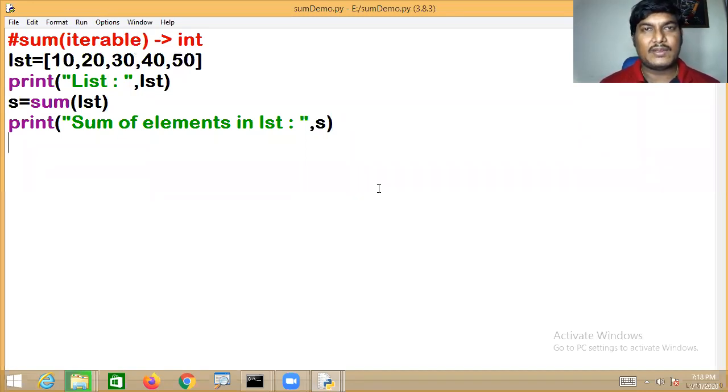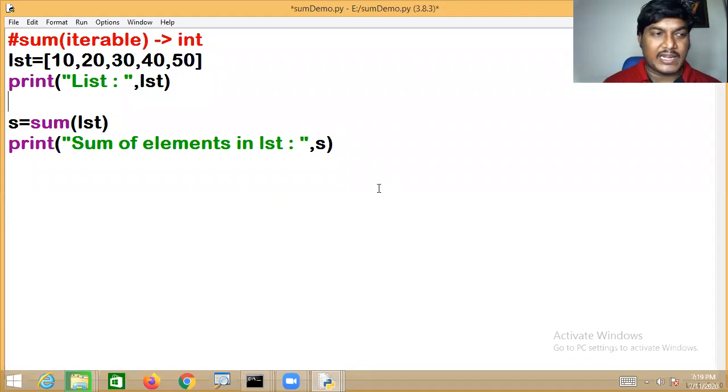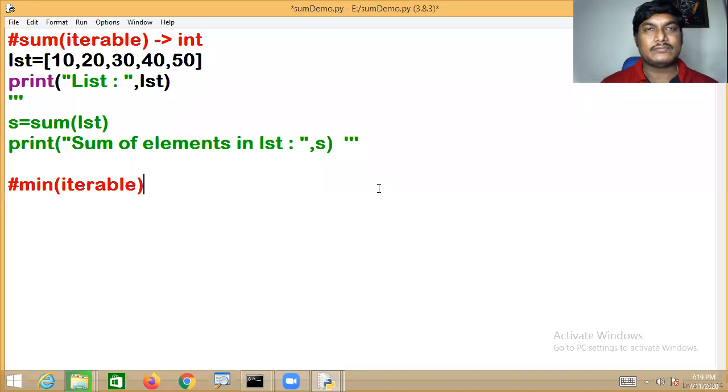There is something like the max function. Now what is the use of the max function, ladies and gentlemen? Guys, whatever statements are taken within the triple single quotes, they do not participate in the execution, you are already aware. Sir, what is a min function? What is a min? Again, it will return some value.